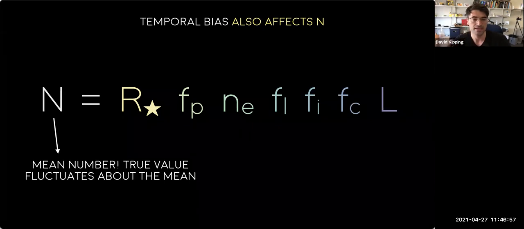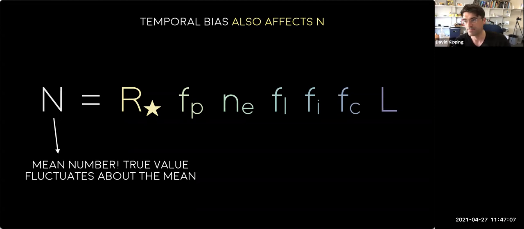So n is the mean number of civilizations in the galaxy right now that are communicative in Drake's version. But people often don't say mean, they just say it's the number. It's actually very hard to find any references that call it the mean number. It's almost always called the number, but that doesn't make any sense, right? If these numbers, the average rate of star formation, the average fraction of planets, that would imply these are all just scalars. You put them in and you always have the exact same number of civilizations in the galaxy at any one moment in time.